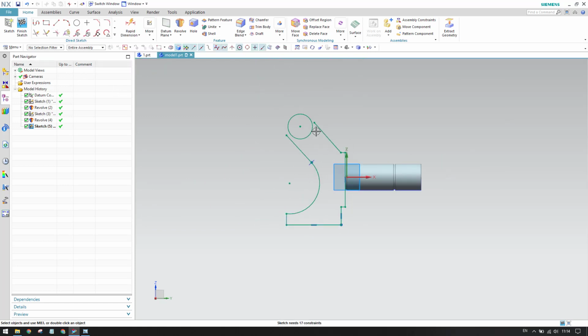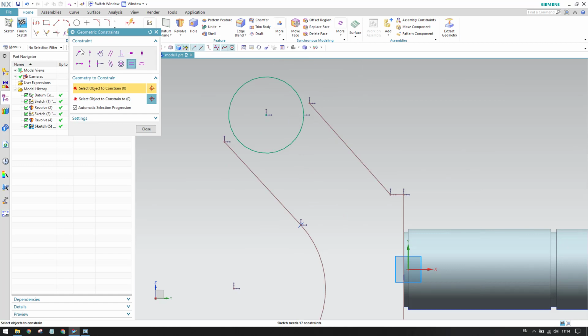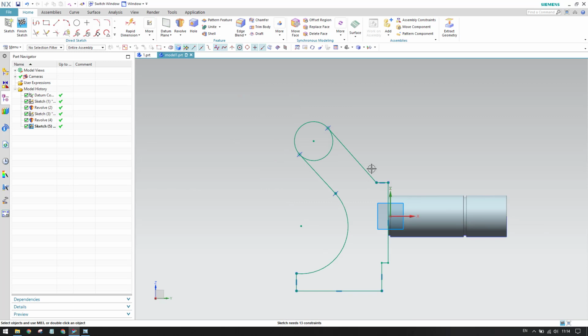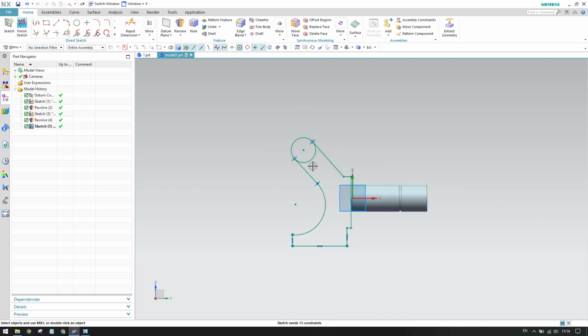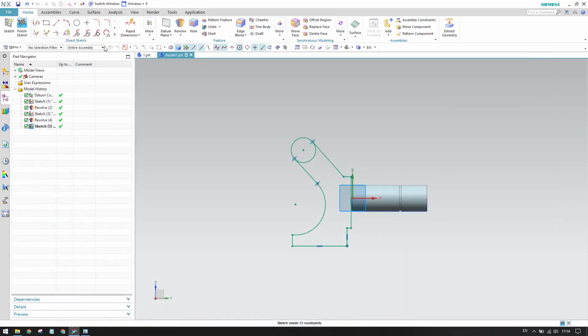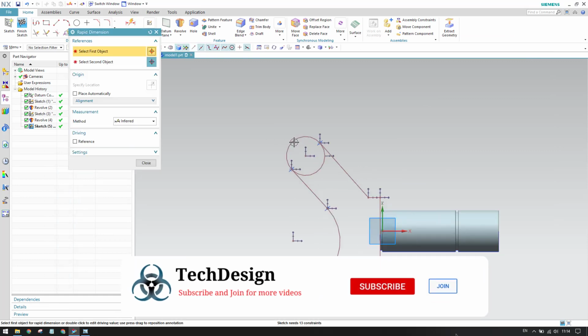So this is the rough diagram. Now we'll also make a tangency between these two and these two. Okay, and this point on a curve, so this point should be on this curve, and also this point should be on this curve. Okay, so this is about a rough diagram. So let us go into dimensioning. So we can see here there are many dimensions that are given. So we can see a radius of 0.75, which is nothing but 1.5 of diameter. So let us give a diameter of 1.5,